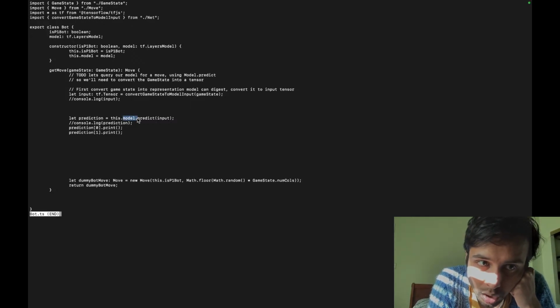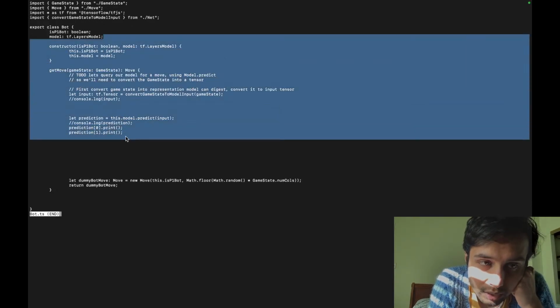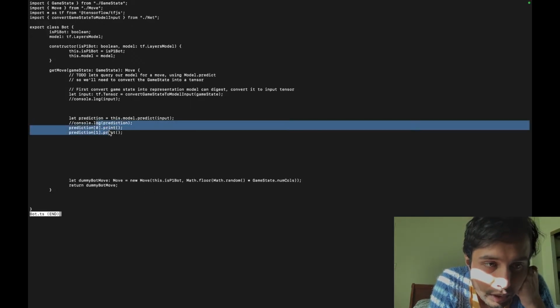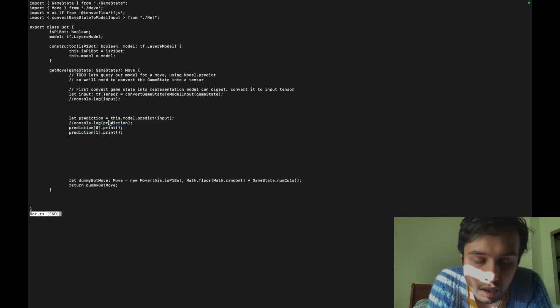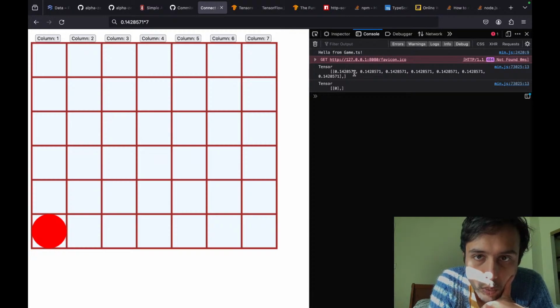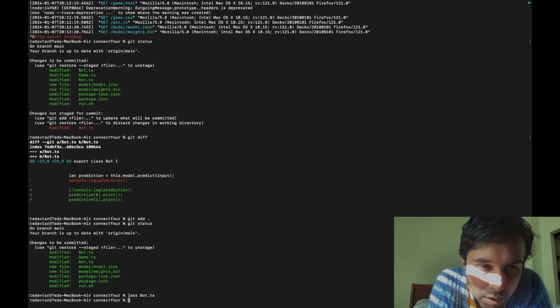Once I get a strong model, there's no touching the game code. The game code will be basically crystallized. I think one thing left actually is to filter out illegal moves. Let's say this column is fully full, and this is a non-zero entry. When you sample it, we have to filter out and renormalize, because if columns are full, they're illegal moves. We can't do it. So let me add a to-do there in bot.ts.